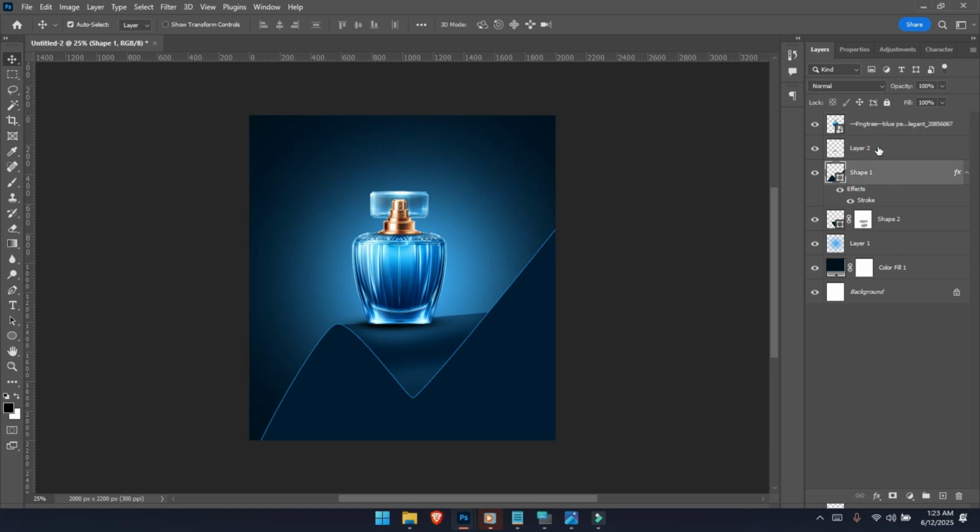Create a new layer below this product image and use your brush to